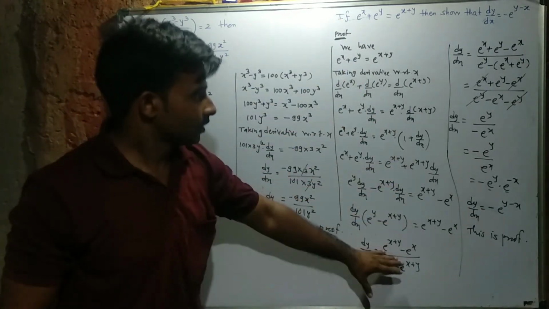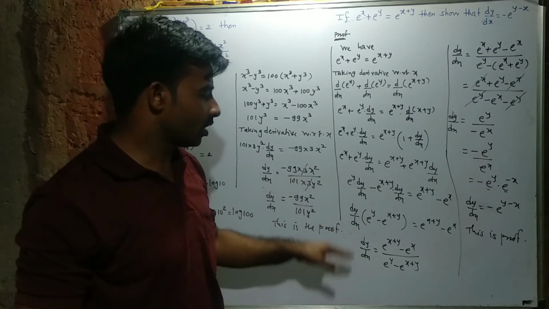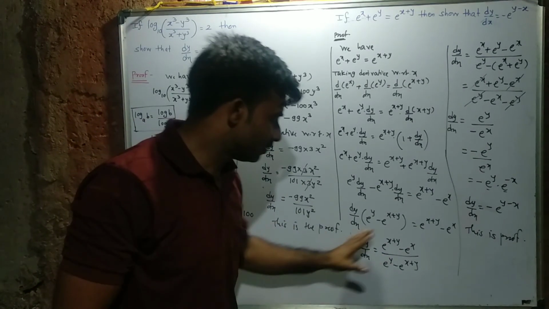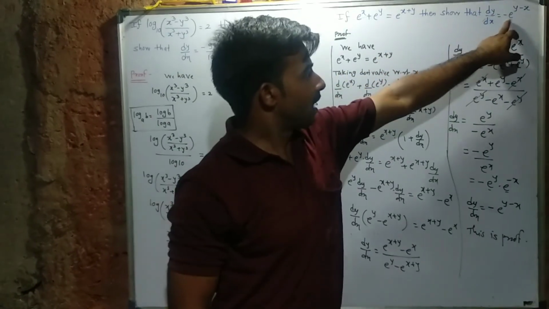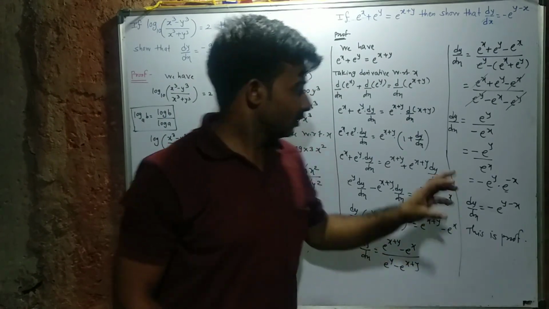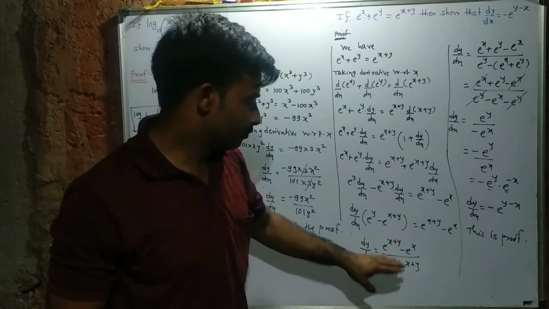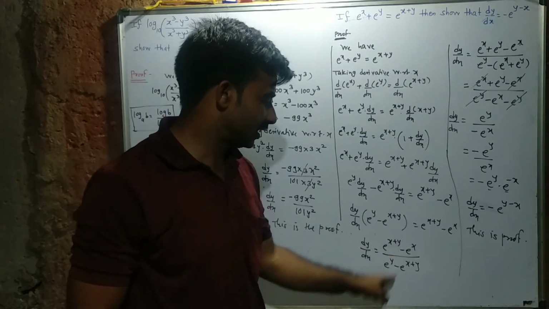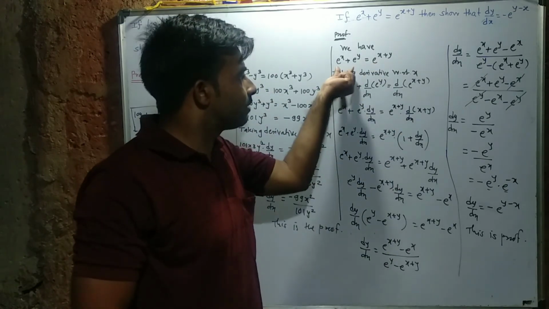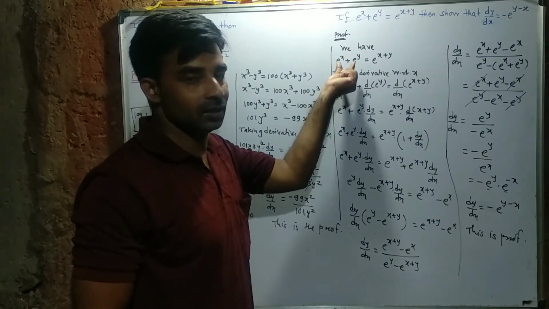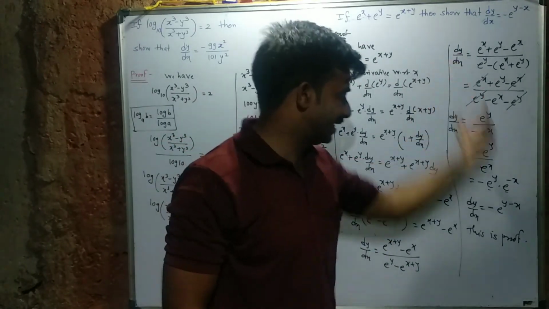And here, one operation is that we have to complete the derivatives, but we want to show minus e raised to y minus x. That means you are closer to our result, but it is not a perfect one. But we have to think about the derivative terms. e raised to x plus y can be replaced by e raised to x plus e raised to y, and by using that you can get the final result.